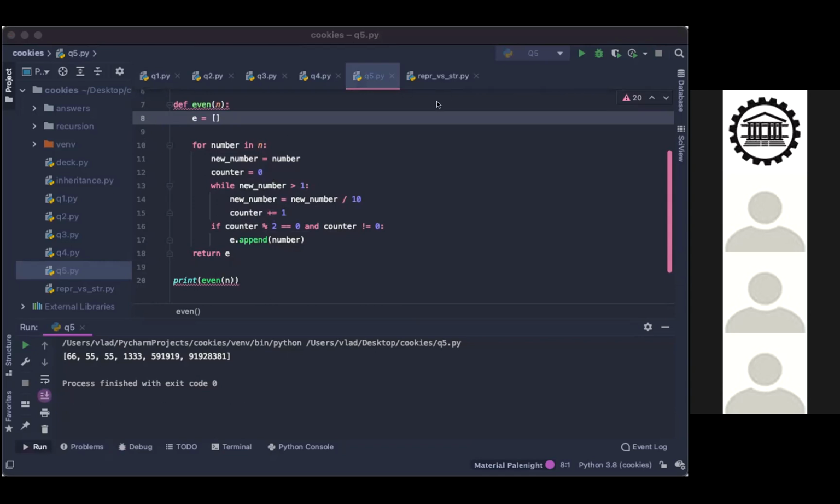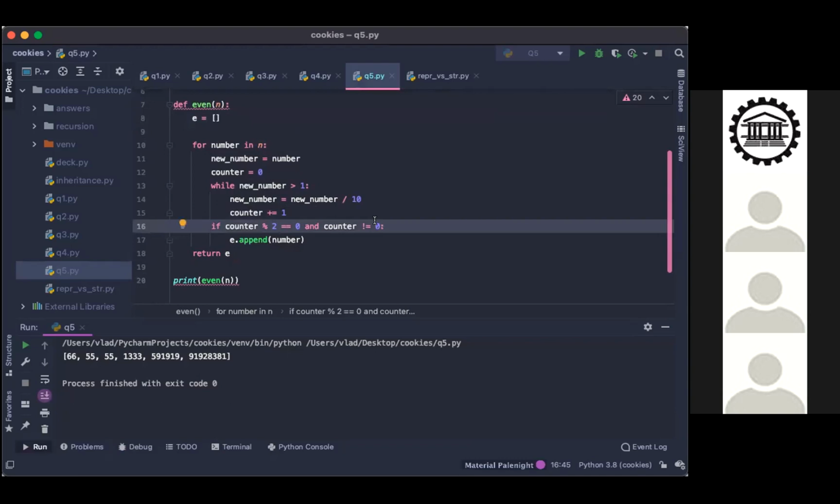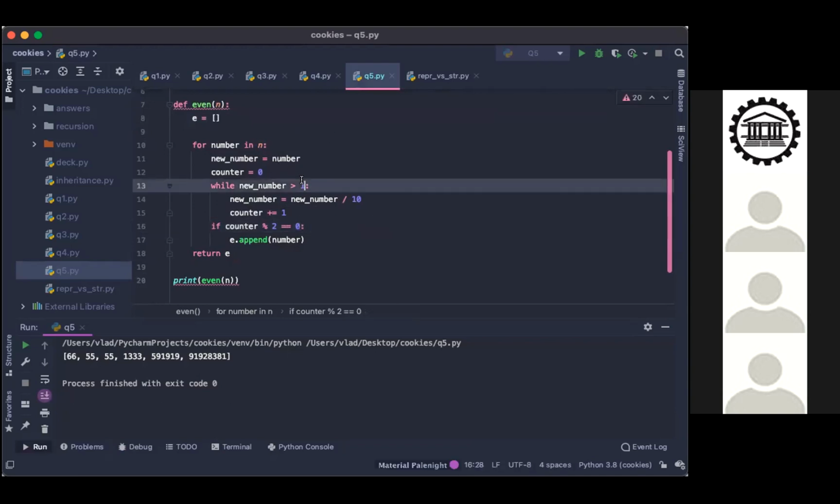Was there a way to, instead of incorporating the counter not equal to 0 in the if statement, incorporate it in the while loop condition? I meant, instead of testing for new number bigger than 1, test it a different way so that we don't have to put counter does not equal 0 in that if statement.